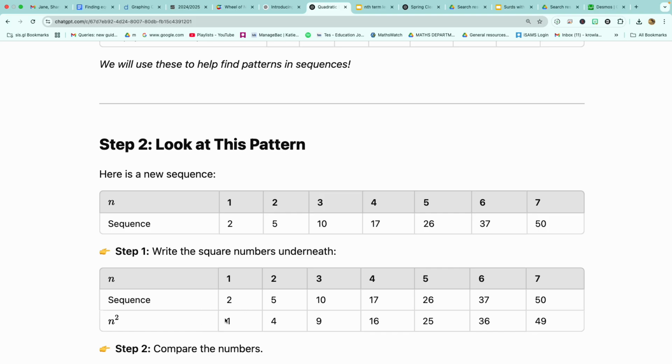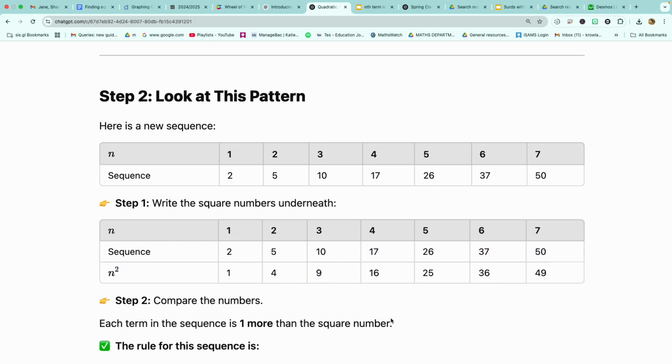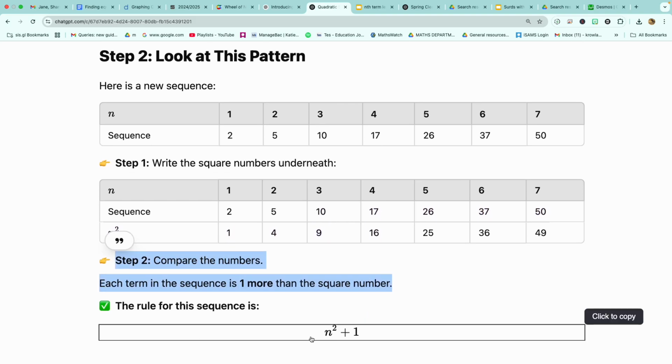Now we just ask ourselves again, how do we get from the bottom line to the top line? It's very simple. We just add 1. 1 to 2 is add 1. 4 to 5 is add 1. 9 to 10 is add 1. 16 to 17 is add 1. Because we're comparing the rows. So the rule is n squared plus